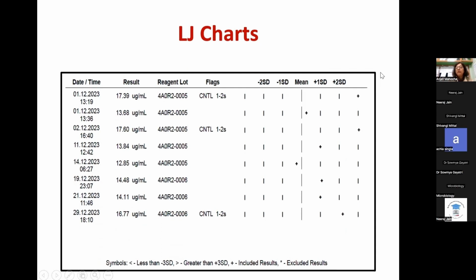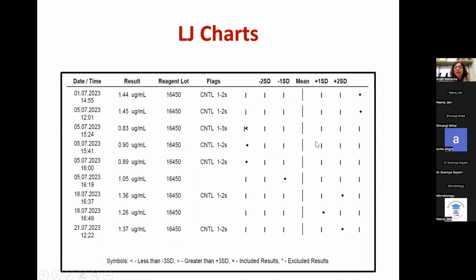Here is another example where they're completely out. So this is not a very precise or accurate one. This is a horrifying LJ chart actually. This is the nightmare of all of us in the lab. Now please see here what the technician has done. On the 5th, he has run the control, which has come absolutely here. Then it is like an R4S, beyond even that. Then he has run the control again on the 5th, and it has shifted right here.